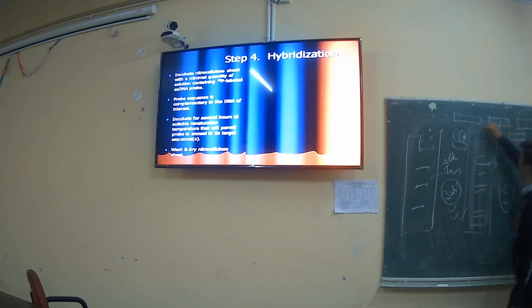Suppose these fragments are fragment number 1, 2, and then 3. This probe binds on the third fragment. When the probe binds on the third fragment, you isolate that third fragment. After the isolation, you go through the sequencing, so you know its sequence. Again, this probe also binds on the second fragment, because half of the probe overlaps with the third fragment and half overlaps with the second fragment.